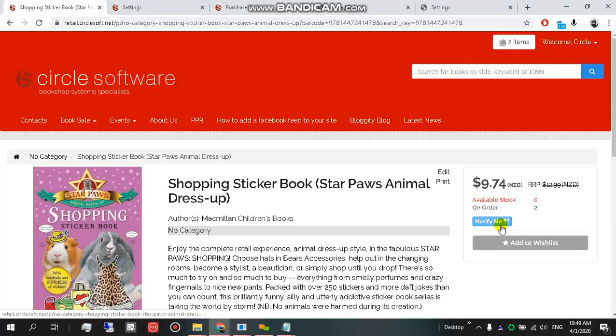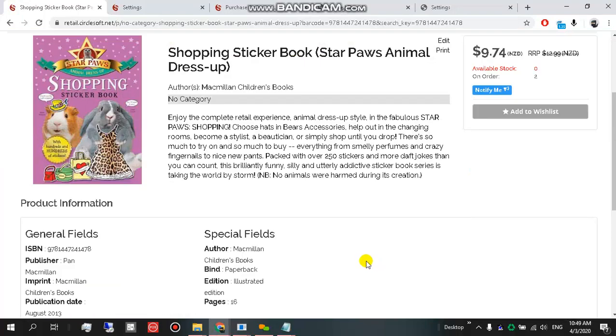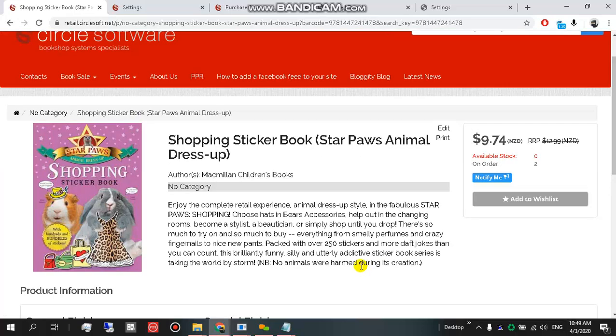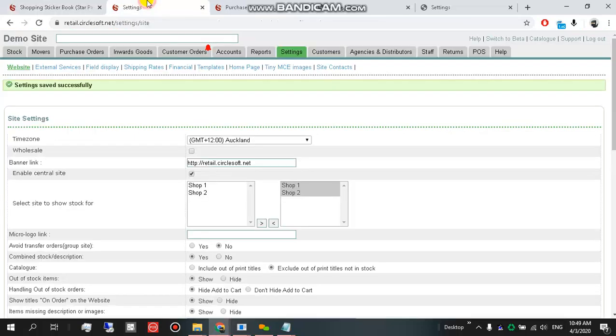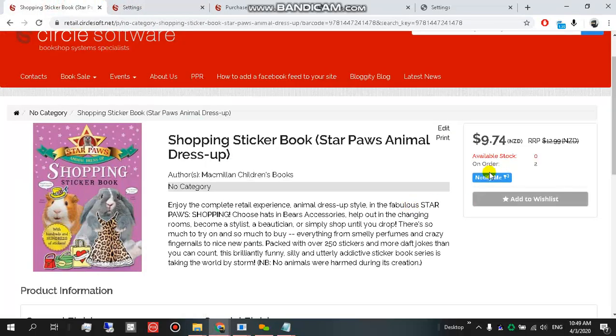The customer will then be able to, if you have set the notify me on, or the hide add to cart button, then they'll be added to the wish list in